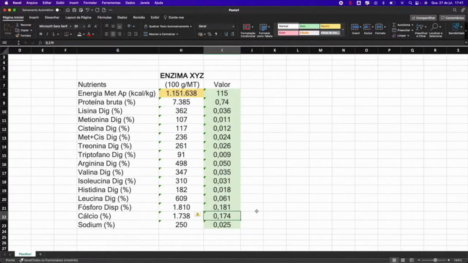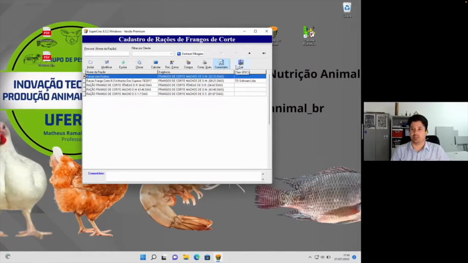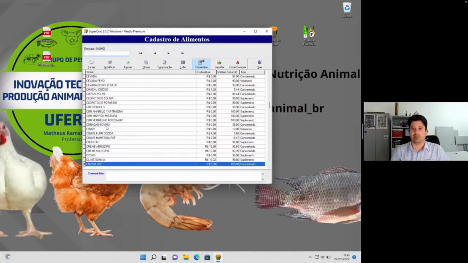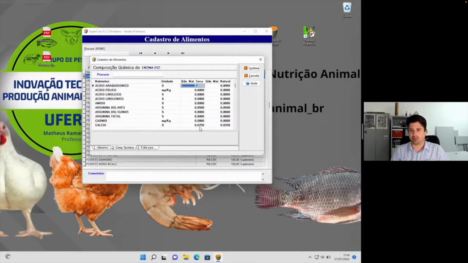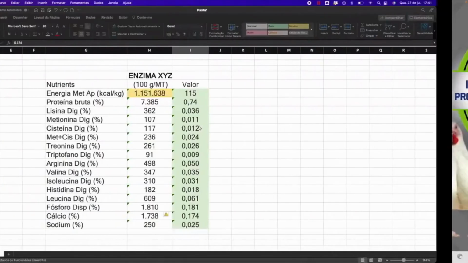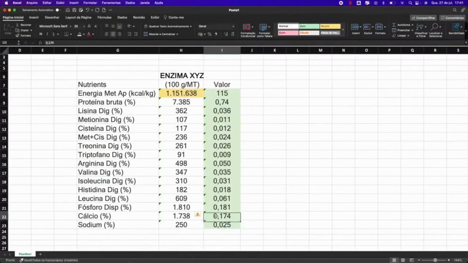Let me see if I put it right. Calcium 104. Because see, the energy worked, the calcium may not have worked. Let's see how it is here in the matrix of the enzyme calcium. The position here in the calcium, valuation 0.25. Calcium is this right here. I was looking at this value here,